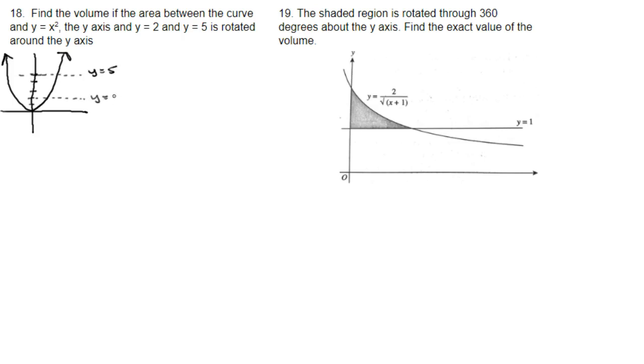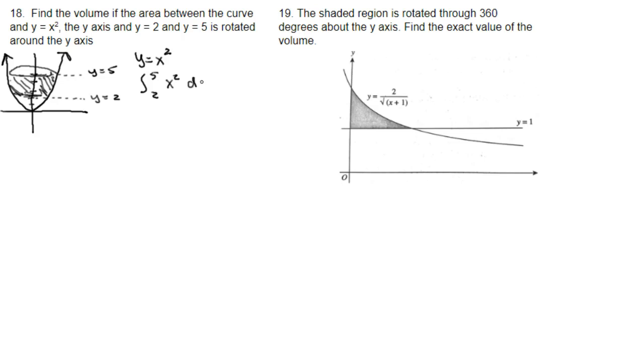Because remember, I'm going to wrap this around the y-axis. And basically what I'm looking at is this shaded area here. I'm going to wrap it on the y-axis, and so I'm going to create this three-dimensional shape like a bowl. So I've got my boundaries, 2 and 5, and I've got my function, only it's set up as a y equals. So what I've got to do now is rewrite this so it's x equals. Well, all I got to do is solve for x,